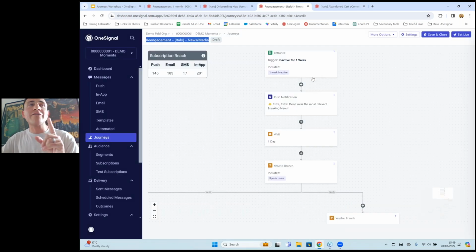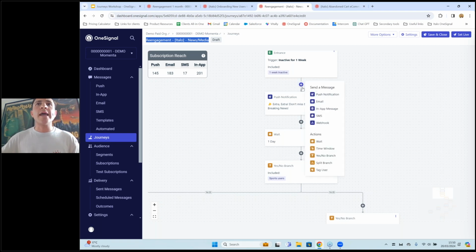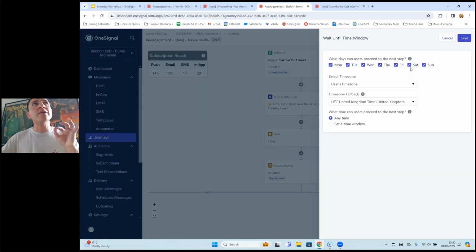Something cool that I've seen, and I'm going to talk about the use case of news and media, is to send on a time window or on a specific day where the users could be incentivized to click on this push. So for example, for news and media, I've seen that they select only the Sunday, right? And they send a push notification in the afternoon, right?